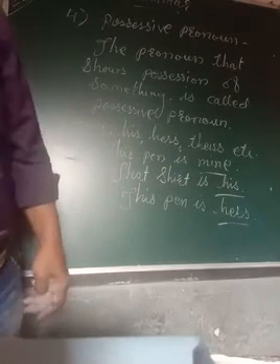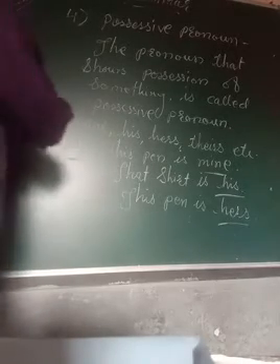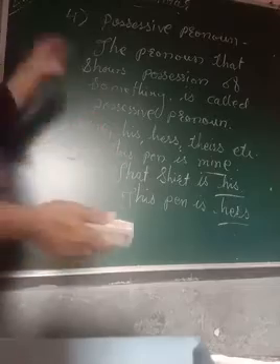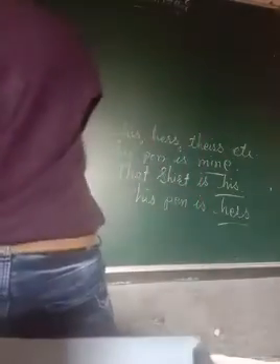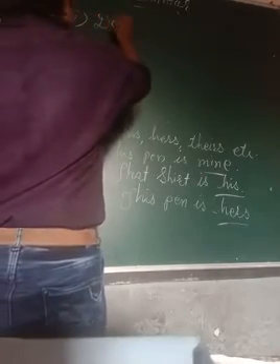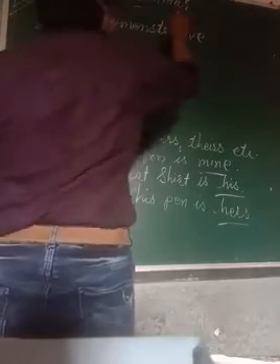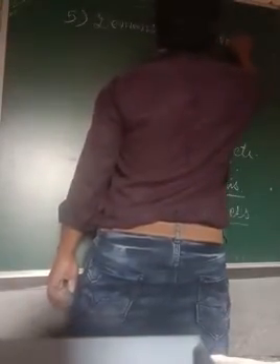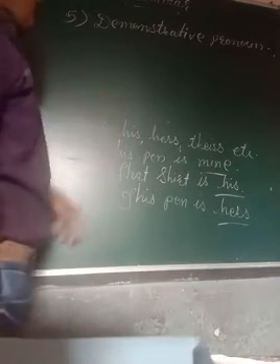Okay. We are going to see another one that we did not mention in the list, but I am going to take that another pronoun, and that one is the demonstrative pronoun. I did not mention it in the list, so you have to write that also. Number 5, demonstrative pronoun. It means there are altogether 11 kinds of pronouns. So one of them is the demonstrative pronoun.